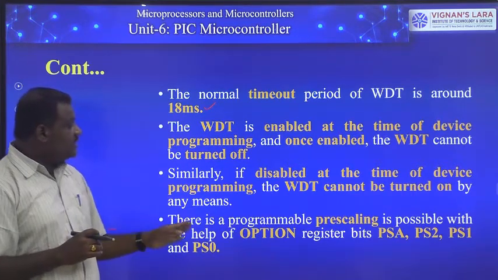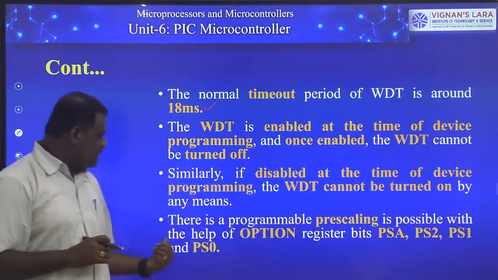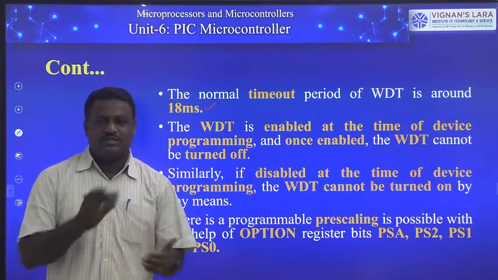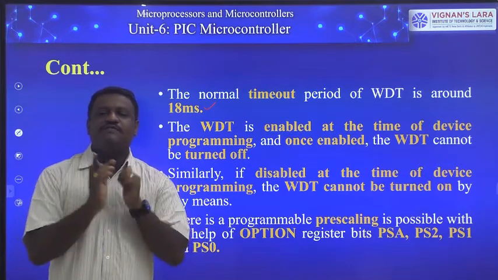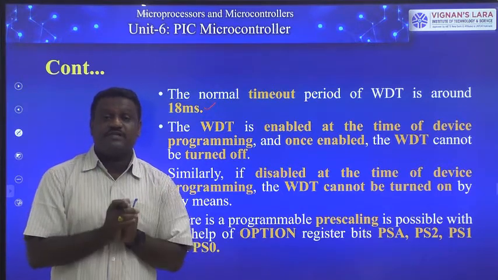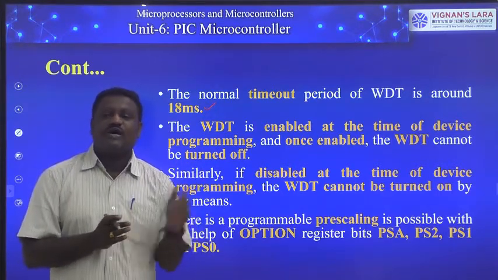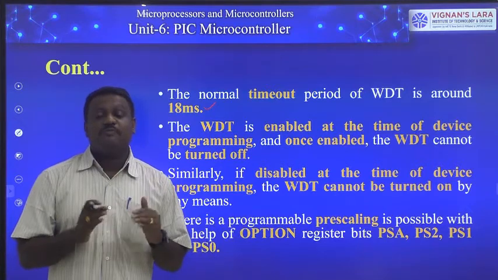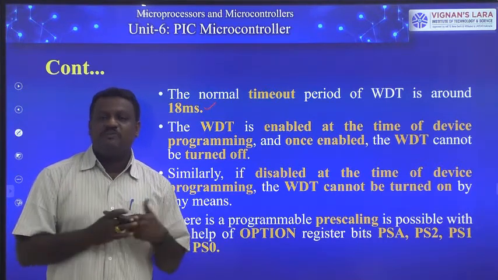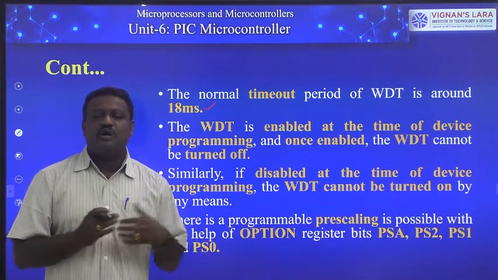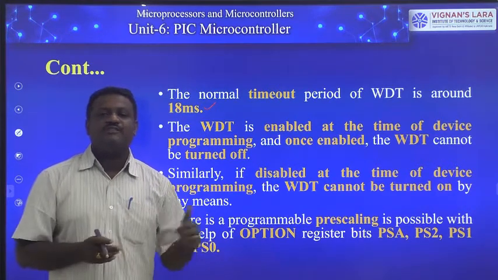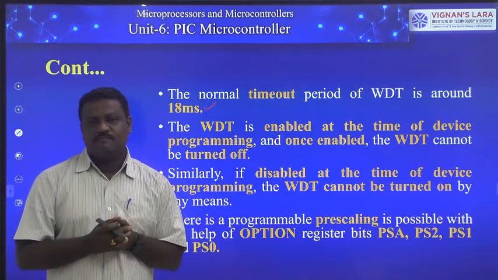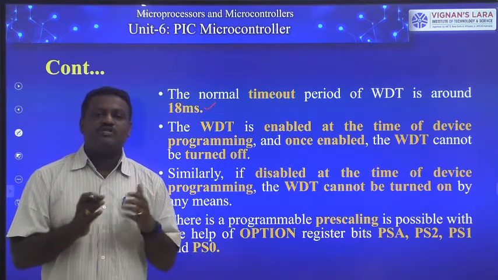And the next point is that programmable prescaling is possible with the help of the option register bits, that is PSA, PS2, PS1 and PS0. Just now we went through that. The least significant nibble of the option register is very helpful for us for prescaling both Timer 0 as well as the watchdog timer, so the watchdog timer also supports a programmable prescaler option. By programming the PSA bit, we can assign the prescaling values to our watchdog timer with the help of the least 3 significant bits of the option register, those are PS2, PS1 and PS0. So this is about the timers' operation in PIC